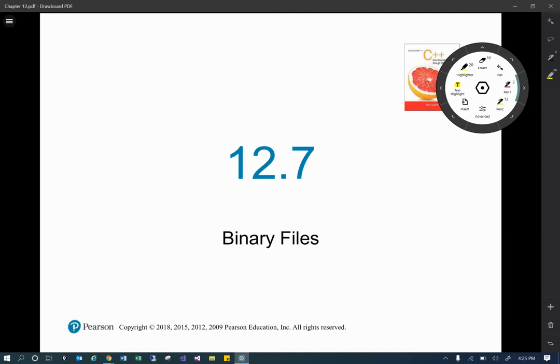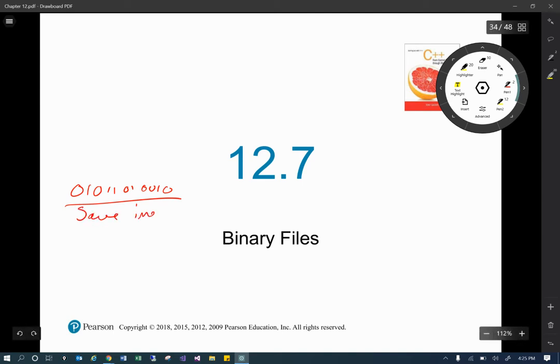Next up, let's talk a little bit about binary files. Now, so far we've been outputting actual characters to a file. With binary files, we're now putting out zeros and ones to a file. Why might we want to do that? Well, there's a couple of good reasons. First off, we can just put standard text in a binary file, but oftentimes we want to use a binary file to do certain things,